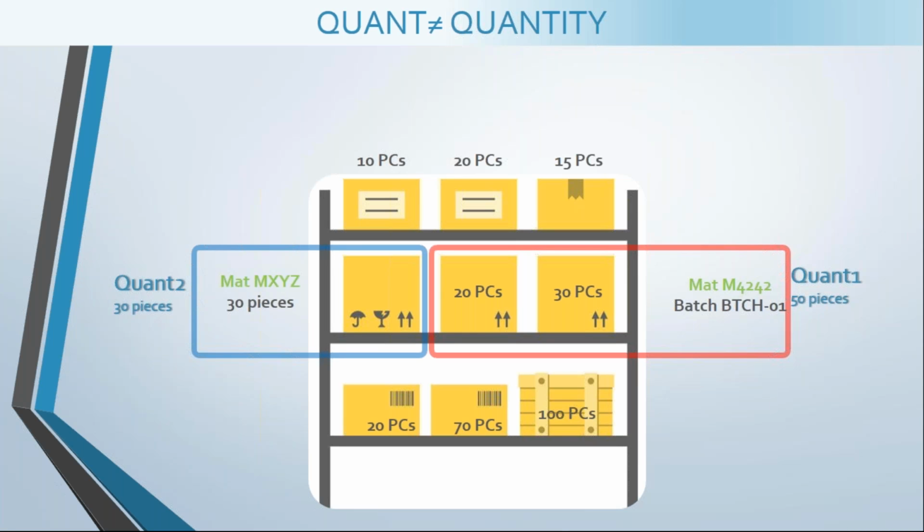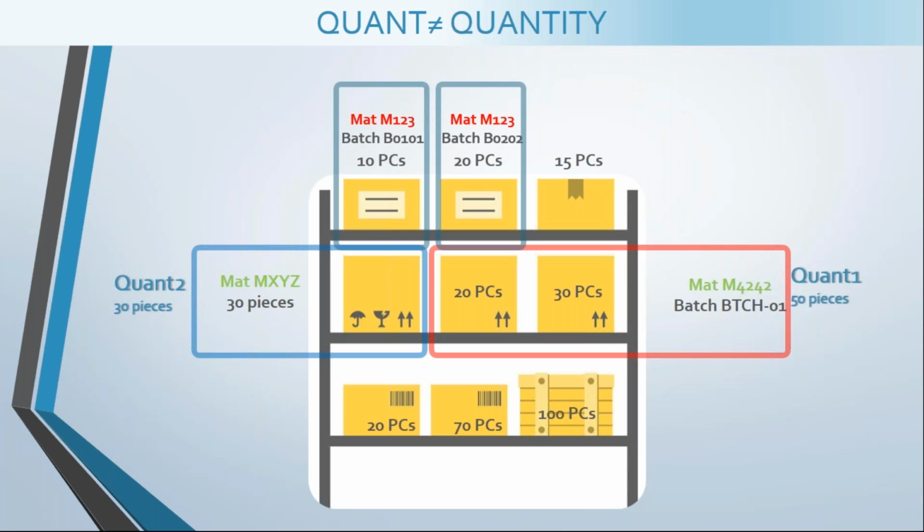You have to create another quant for this. So let's say this quant is quant 2. So this quant would have 30 pieces in it. Now let's take the example of another material,